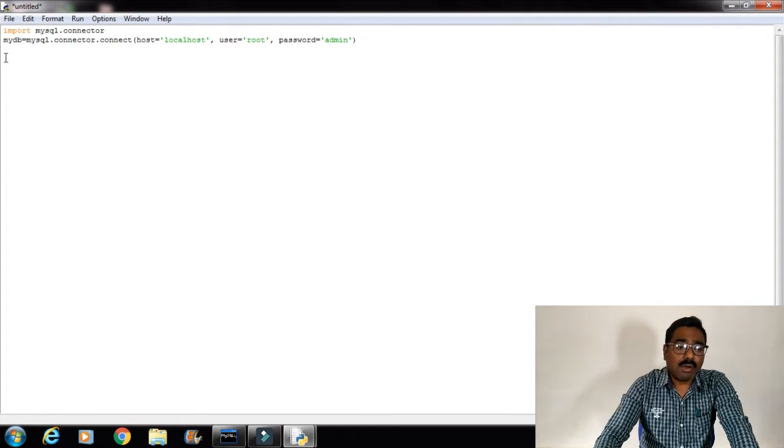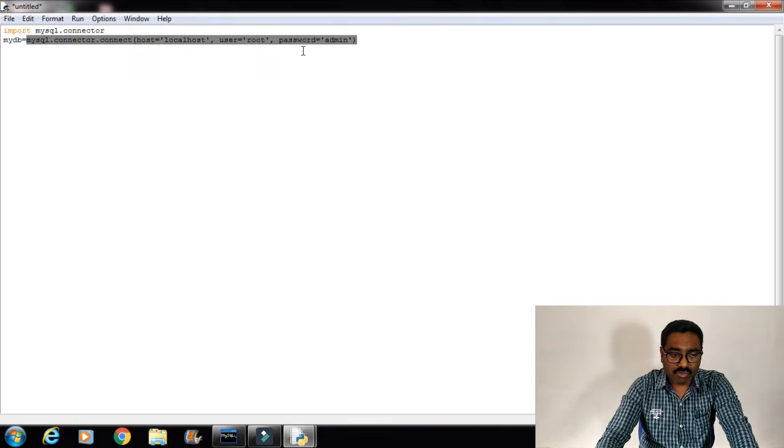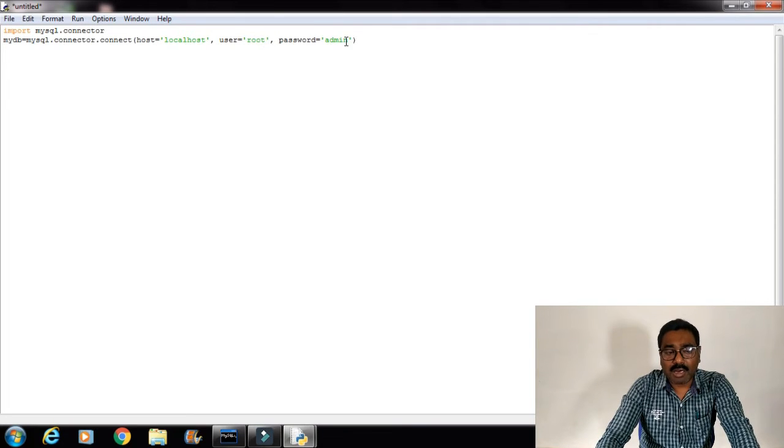Now for mydb, the total connection string has been stored. So anything you are executing or any operation you are performing through mydb will execute in this particular part, that means in this localhost with user root and the password admin.